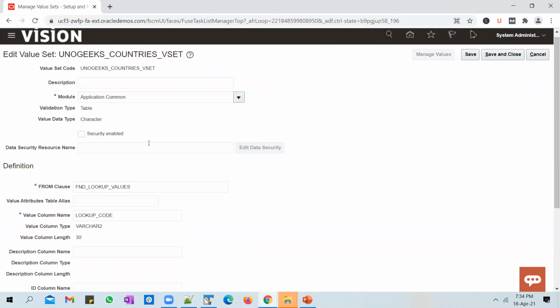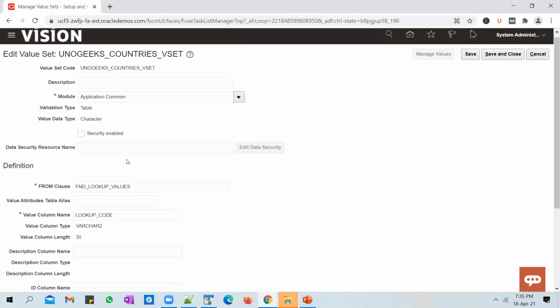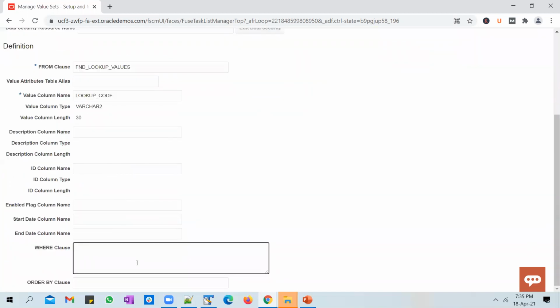Edit it. It's a table dependent value set, but what we did here is we were pulling everything from FND lookup values. Ideally, we should restrict this value set to show only the lookup entries done in the UnoGeeks countries common lookup. Because we created a lookup, right? So we need to restrict this value set to pick up values only from that lookup. Okay, so let's add in that condition. We'll say where lookup type equal to